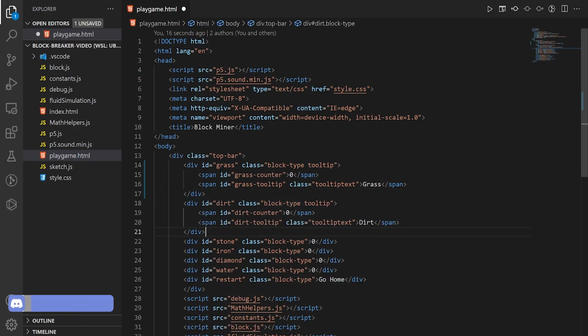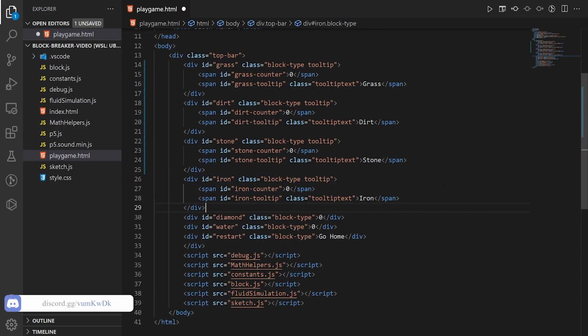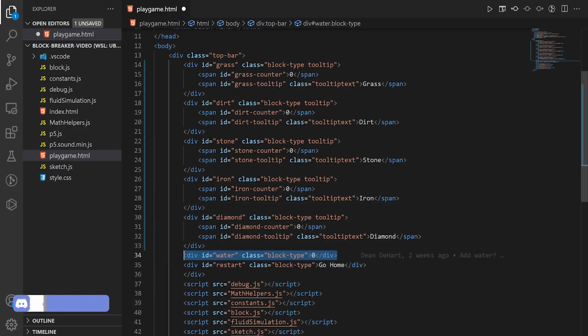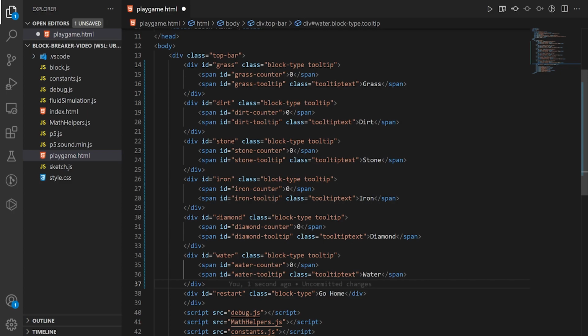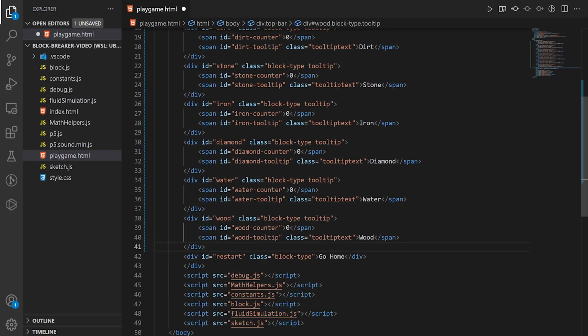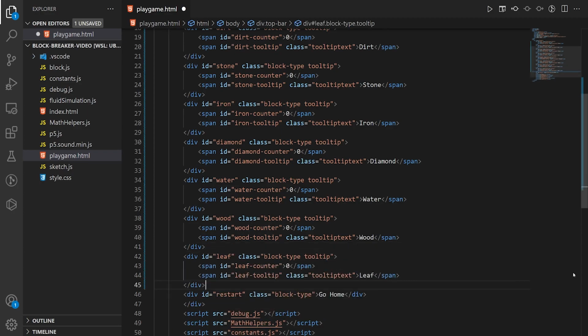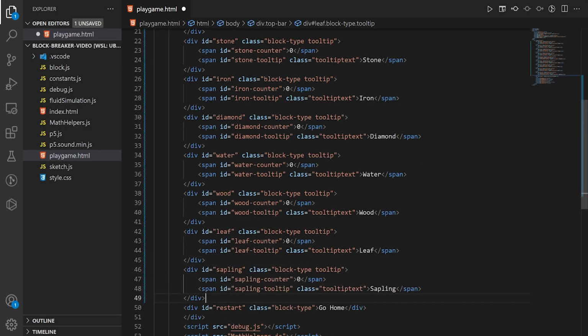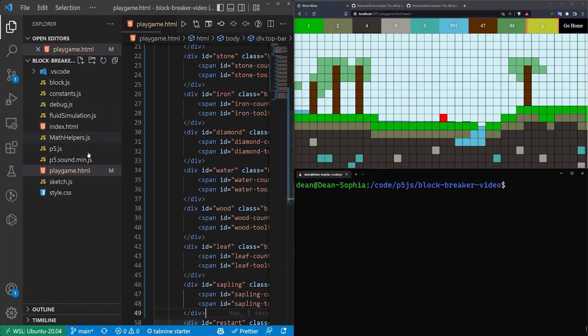So let's go ahead and replace the dirt, the stone, the iron, the diamond, and the water, and then after the water, we'll add 3 more. The first one is going to be our wood. So we're just going to replace all of the things that have, for example, water, with the word wood, and then we'll be good to go there. The next one is going to be for our leaf blocks, and then the final one is going to be for our sapling blocks. So we can go ahead and save that, hit F11,